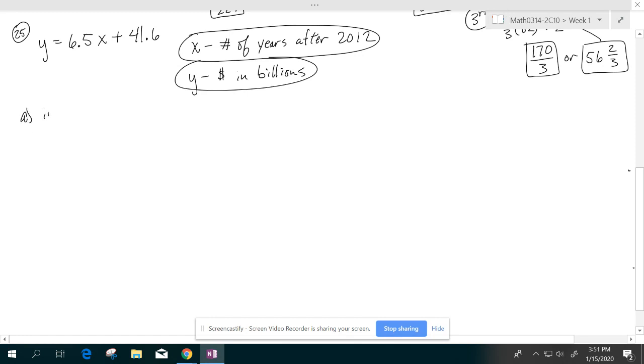Part A. We know that X is the number of years after 2012. What part A asks us to do is calculate how much money was spent in 2014. So you're going to have to figure out how many years after 2012 is 2014. And that is 2. And so that tells me that I'm going to substitute 2 in for X. So Y is going to be 6.5 times 2 plus 41.6. And what a great time to have a calculator right there. You just plug all of that into the calculator and it spits out